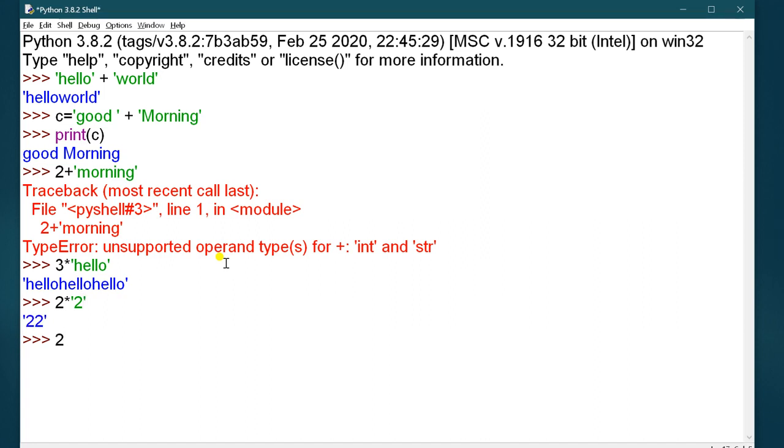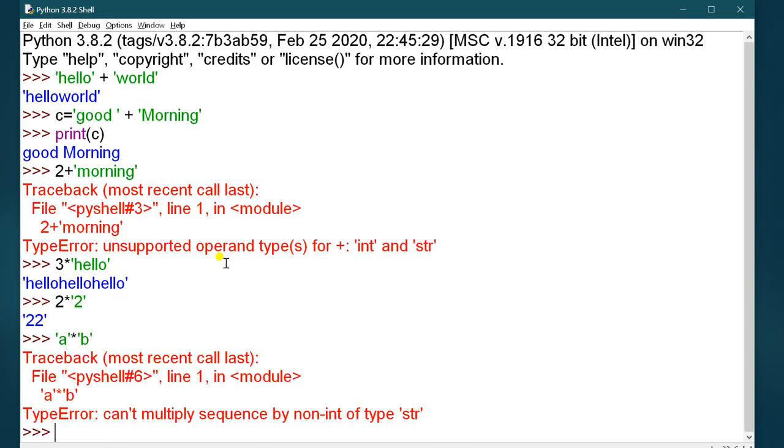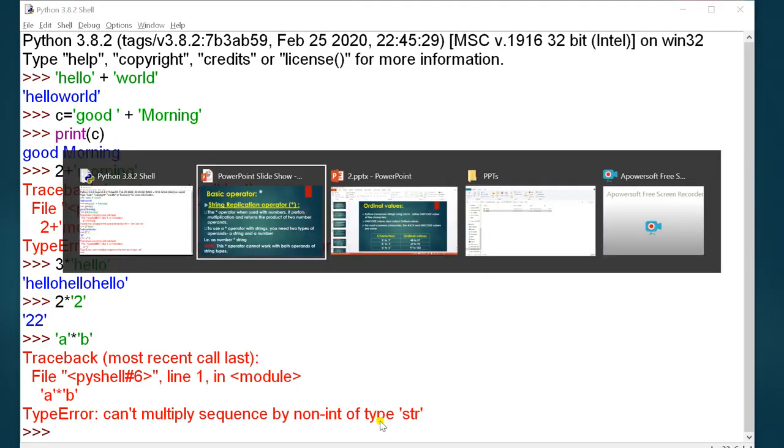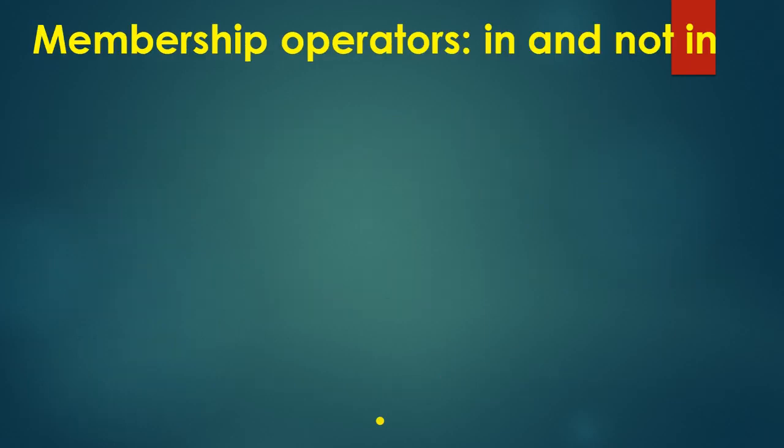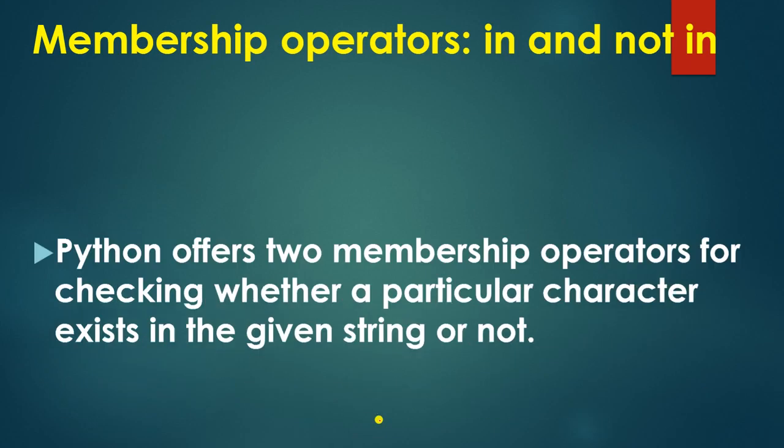Again, if both operands are string type, it will give you a TypeError: can't multiply sequence by non-int of type 'str'. So I think this replication operator is also clear. Now move on. Next are your membership operators, in and not in.